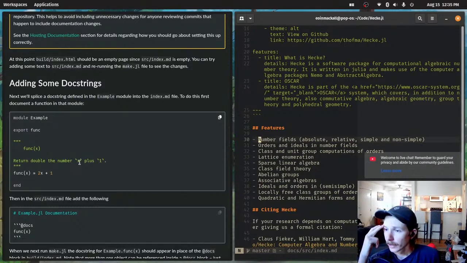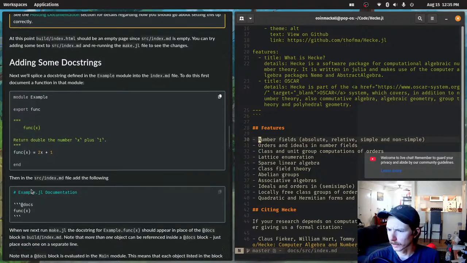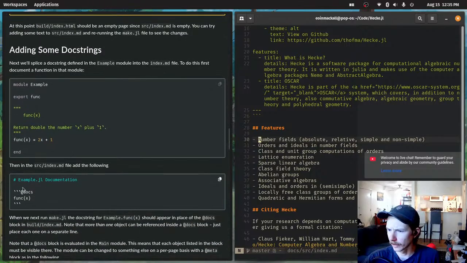So next we'll splice a docstring defined in the example module into the index.md module. To do this, first document a function in that module. module Example, export func, func(x) returns the double of x. Then in the source.md file, add the following: